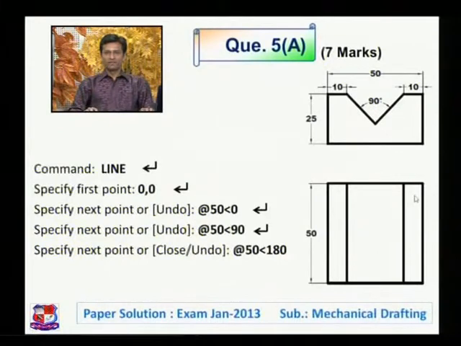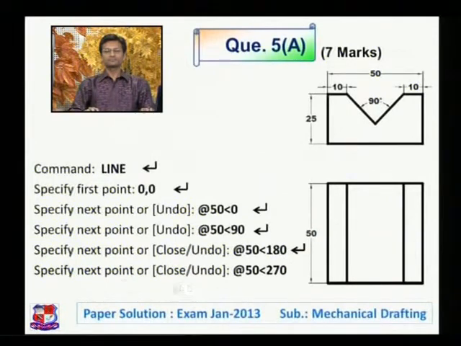So here 50 at an angle of 180, we'll draw this line like this. So we have drawn these three lines like this. Here instead of writing 180 degree we can write 0 degree also, but in that case we have to insert the dimension in negative, meaning minus 50 at an angle of 0 degree, that also would draw the similar line. So both have similar meaning.